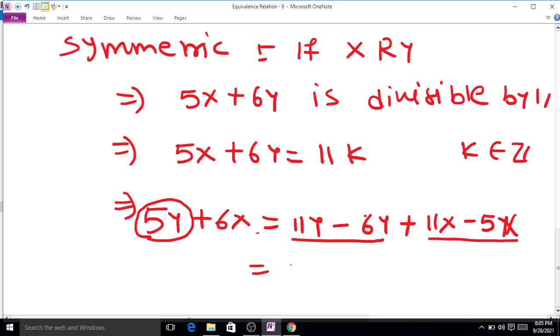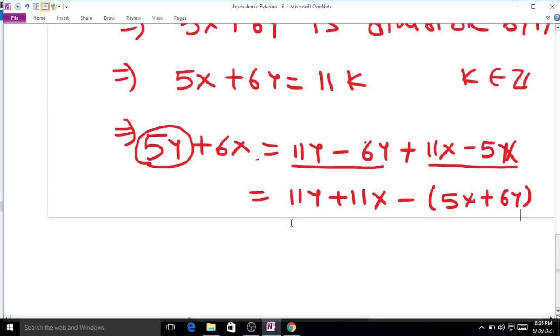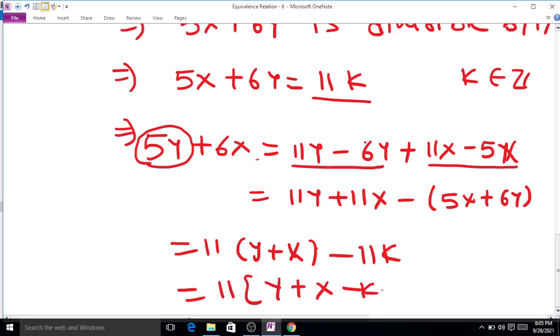This can be written as 11y plus 11x minus (5x plus 6y). So this is equal to 11 times (y plus x) minus (5x plus 6y), and 5x plus 6y is equal to 11k. Therefore, if you take 11 outside, inside the bracket you get y plus x minus k,